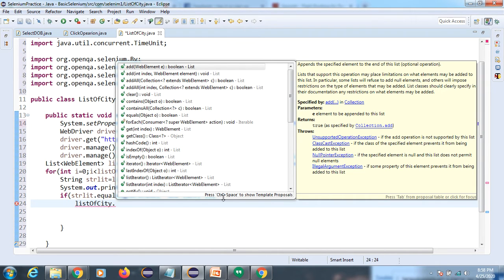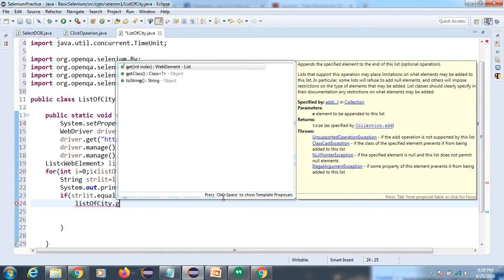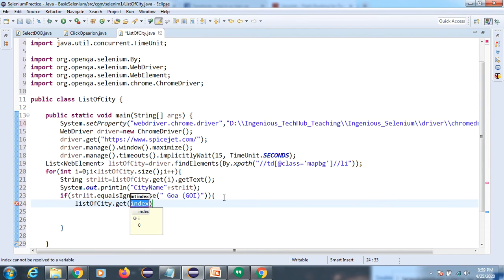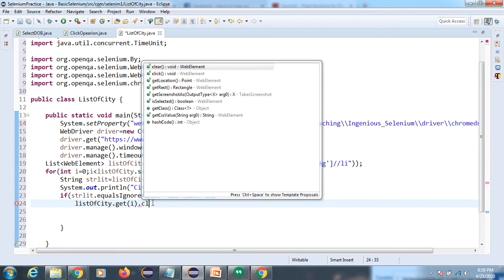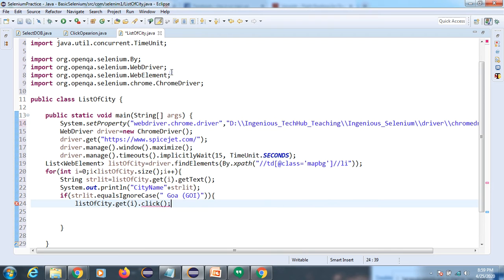And the concepts are the same. How to display all the links which are available on the page, how to display all the tr or columns which are available on the page, how to display all the td which are available on the web page. So these are common questions and common answers, but you should know a little bit. So I need to click here, right? After clicking this, what do you have to do? The click method. So I will use this click method.